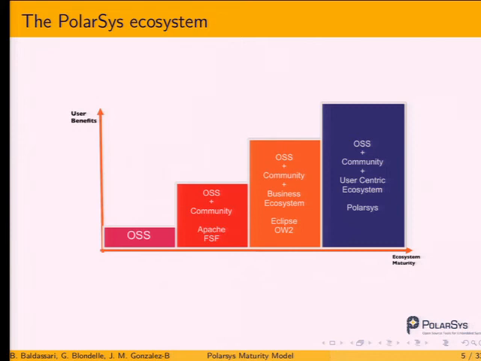And in PolarSys, we are bringing some large users like Airbus, like Thales, Ericsson, and so on. Large users on board, and this is what some people call super communities. It's open source communities that focus on bringing open source tools to new domains like embedded systems in our context.